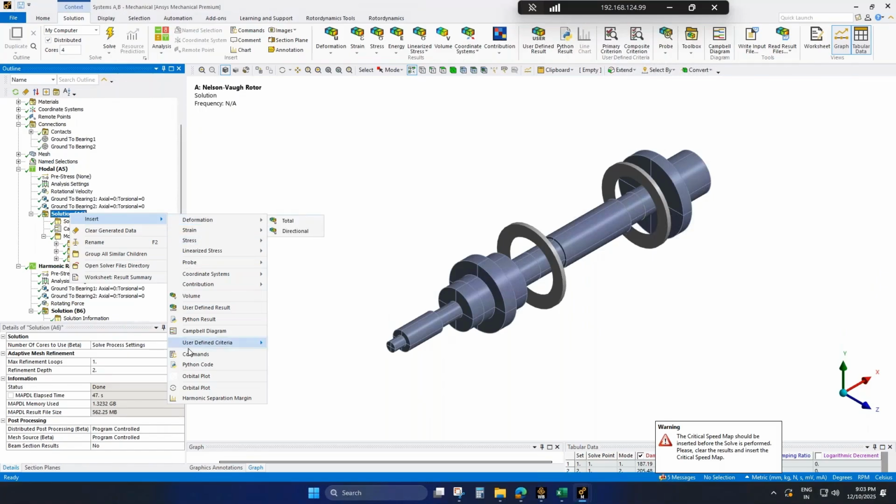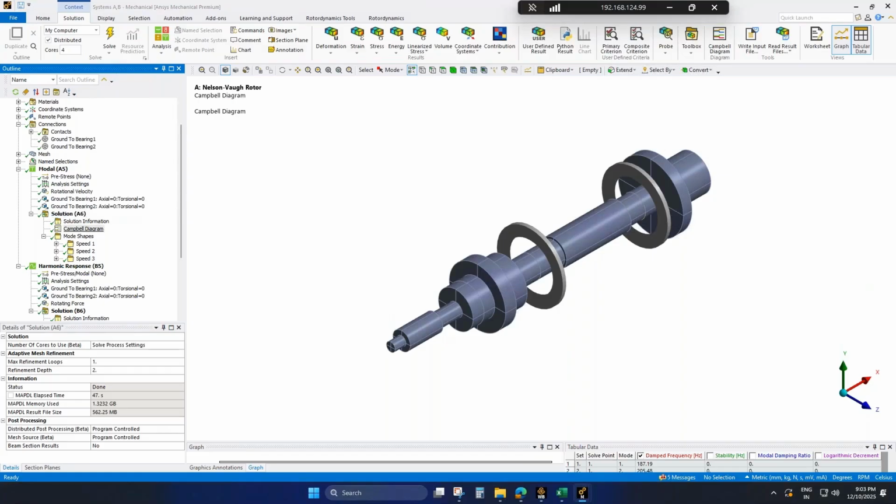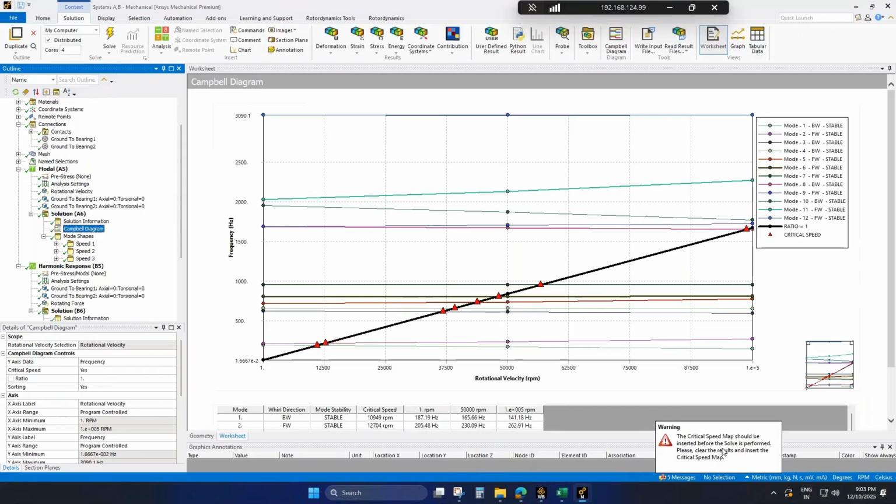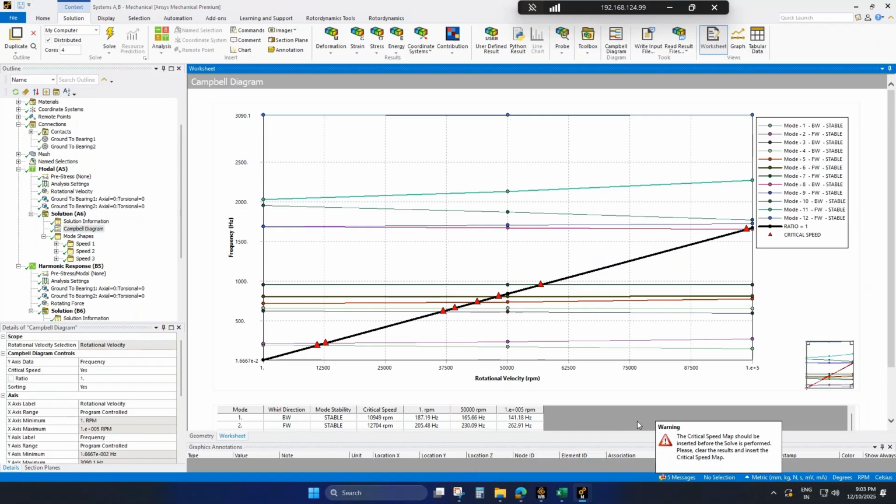We can right click insert, come to Campbell diagram, and if you choose that option, you can insert the Campbell diagram. Like I said before the demo session, we have the Campbell diagram plotted against natural frequency. We have rotational velocity on the horizontal axis, natural frequency on the vertical axis, and we have a dark line, which is the excitation line.